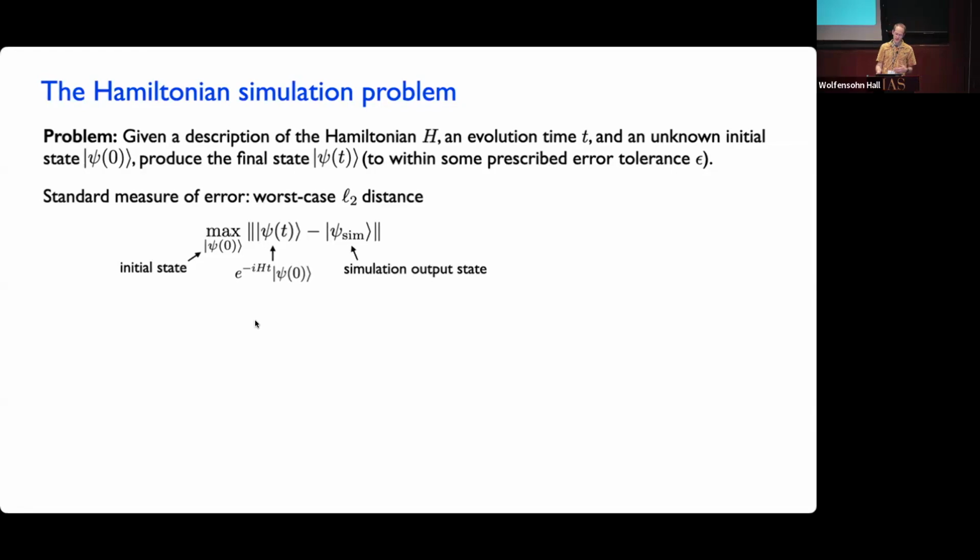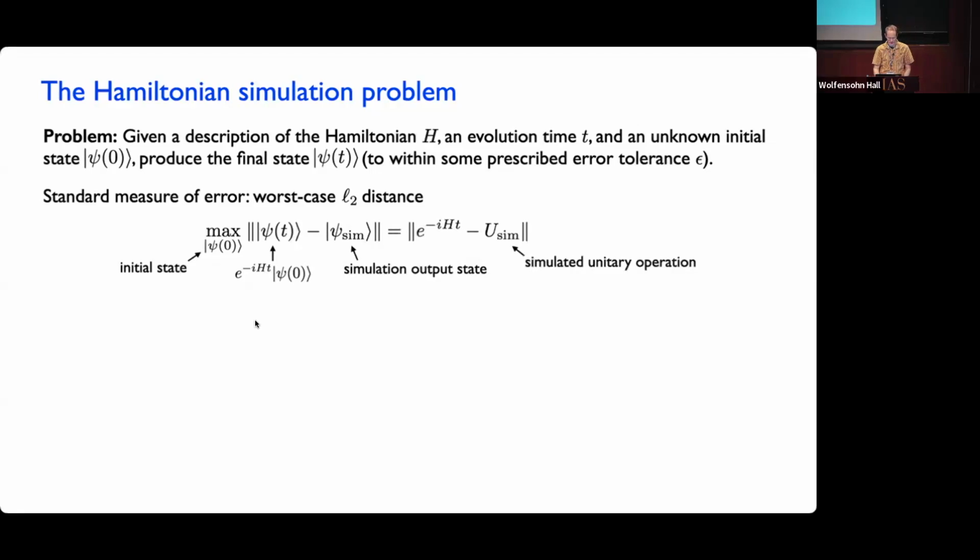And we're going to think about algorithms that will achieve that guarantee, that will be within epsilon, regardless of what the initial state is, right? So we would like it to be that in the worst case, in other words, for all initial states, this is going to be at most epsilon, right? So the largest this distance can ever be is epsilon for any initial state. So of course, this is nothing but the spectral norm of the difference between the actual evolution operator and the evolution operator that you implement on your quantum computer, right? So we want that to be at most epsilon.